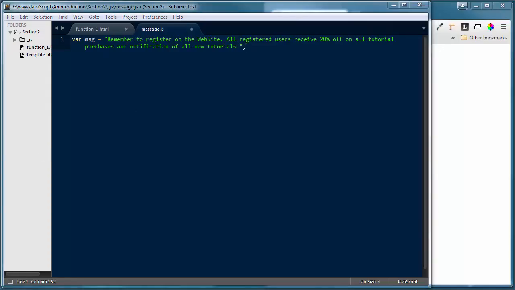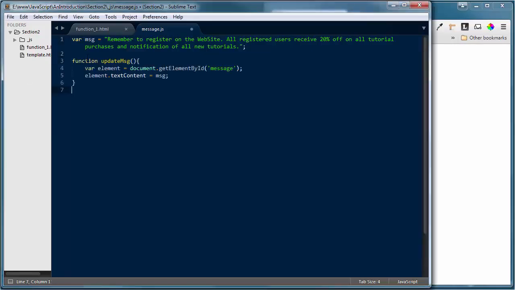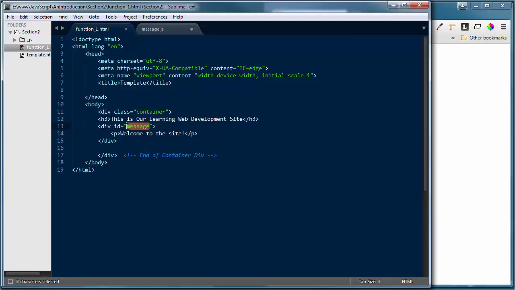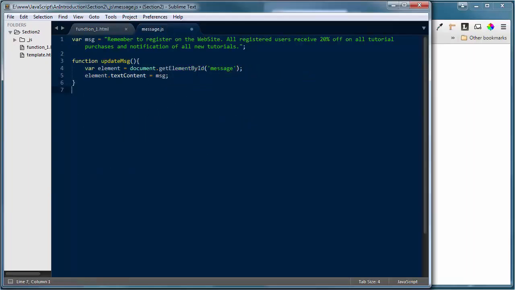Then I'm going to go ahead and create a function inside that file. And I'm going to come right down below my variable, and I'm going to paste in this function. And my function is called update message. And inside my update message function, I'm going to create a variable called element, and it is going to be equal to document.getElementById message. And this message is referring to the ID that we set right here inside our div. So I'm actually telling my JavaScript file to get that element by the ID name message, and I want you to take